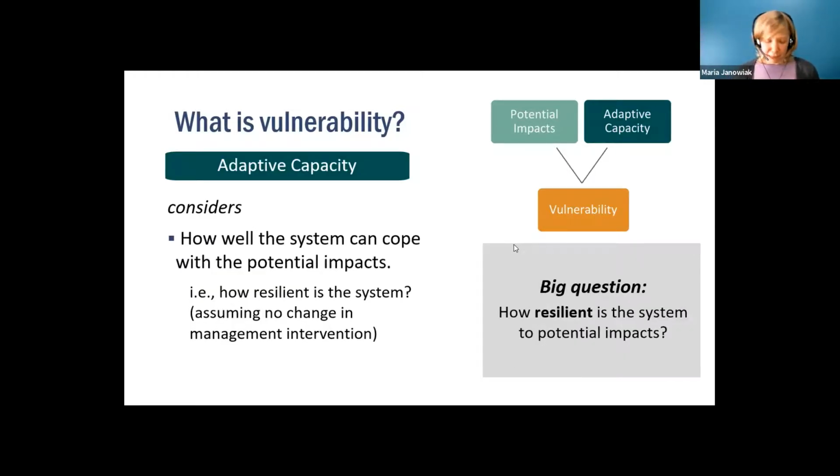Adaptive capacity is essentially the definition of resilience. It's asking how well the system can cope with potential impacts. Assuming no change or management intervention, or maybe a status quo sort of management, will the system be able to cope with any of these impacts that happen? Is it going to be able to bounce back? So you can start to see how these things relate in terms of both the impacts